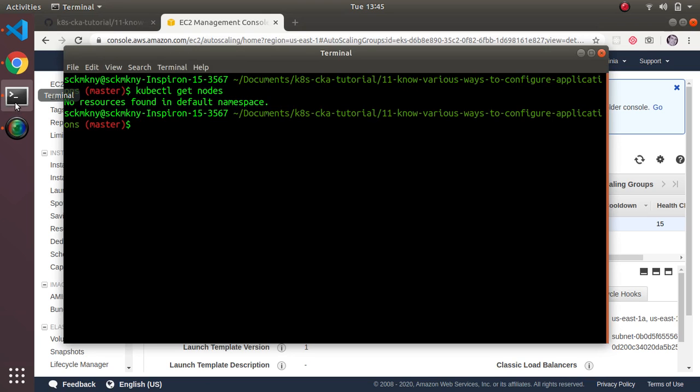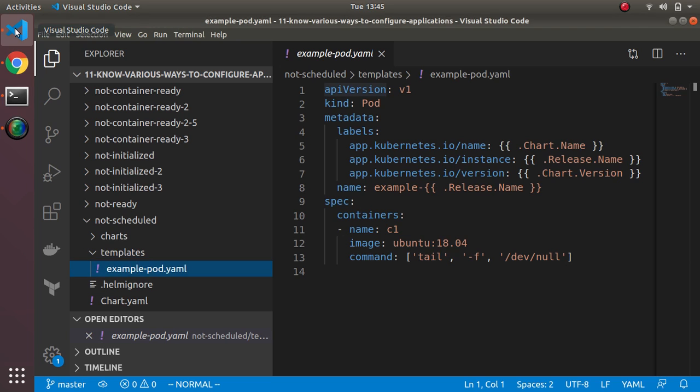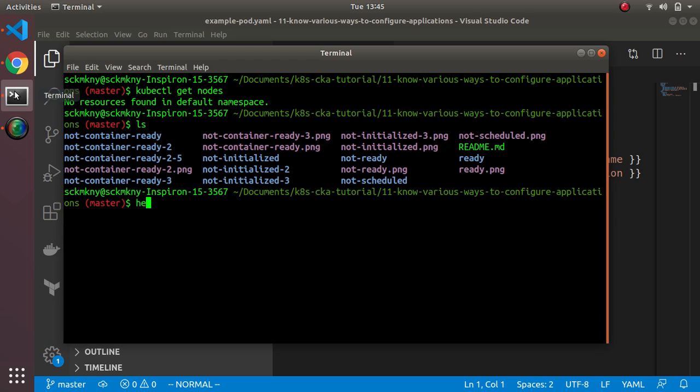So what I'm going to do is just run the example that I had done earlier. Let me just look at it real quick. In this project I've got a not scheduled folder, and in there I have the example, which is basically the same example we used previously, with a perfectly valid pod and container with Ubuntu in it, right? But if I try to run this, if I do helm install dev, and this is not scheduled,